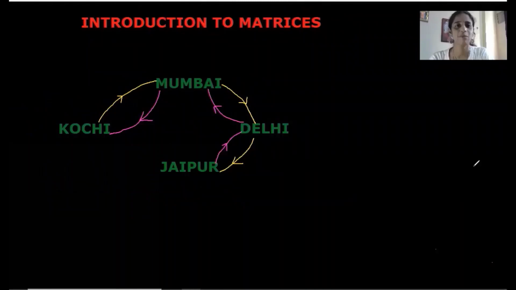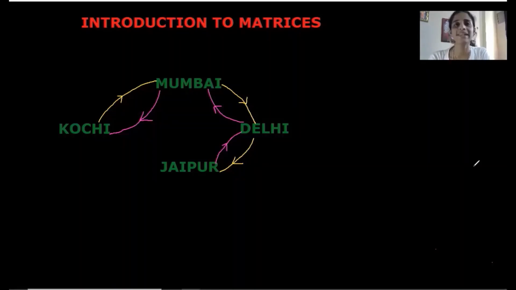Here we have 4 different airports in India. We have Kochi, Mumbai, Delhi, and Jaipur. Let me seek your attention to an imaginary station where a flight originated from Kochi to Mumbai. After landing in Mumbai, it may operate as a Mumbai-Delhi flight. And after landing in Delhi, it may operate as a Delhi to Jaipur flight. That is Delhi-Jaipur flight. The same way, the return flight will also operate. That is from Jaipur to Delhi, Delhi to Mumbai, and Mumbai to Kochi. And those are represented using the pink lines here.